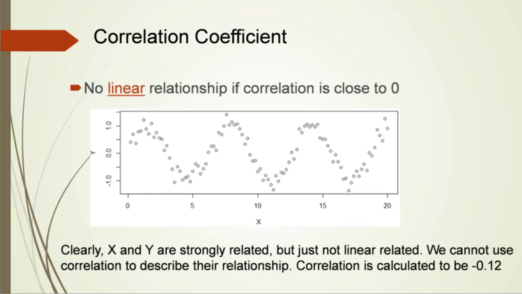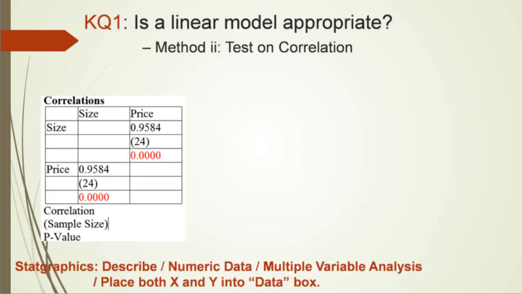Correlation only measures the linear relationship between 2 variables. For example, x and y here only have a correlation of -0.12, which is very small. This does not mean x and y do not have any relationship with each other. It is clear x and y are related with some sinusoid relationship. A small correlation just means there's no linear relationship between them. Correlation coefficient measures the strength of linear relationship between x and y.